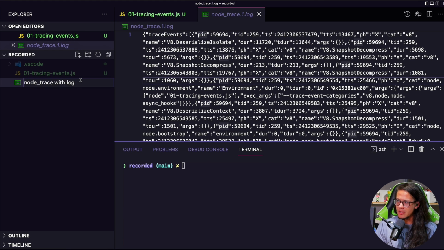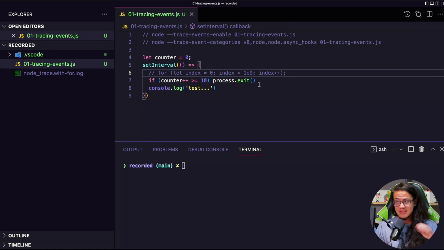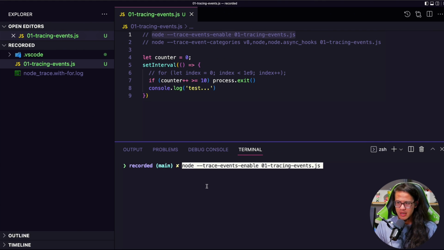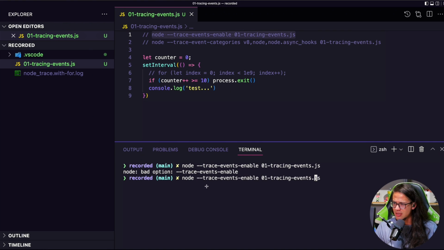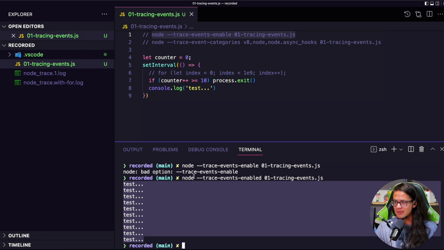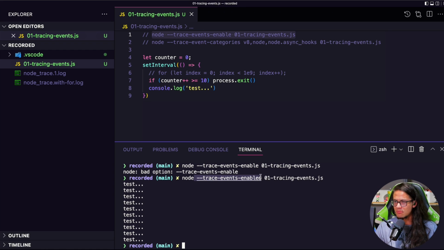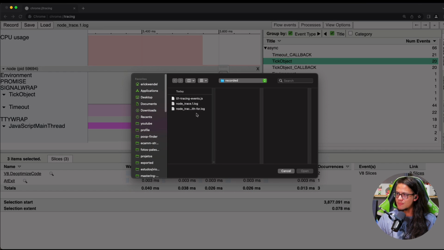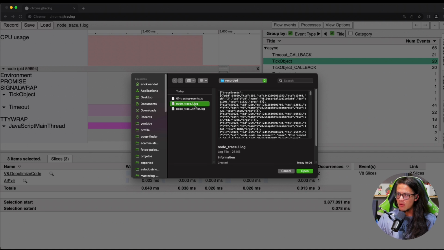But now I will actually comment it with for, because when we run this command again, we can see another log file and we can compare it. Now I'm gonna run the first one, which is gonna get something very similar. Trace events enabled, I think. Now it got so much faster, right? So I'll just copy here because I missed, no, it's just missing a D, right? Perfect. Let's go back to the Chrome browser and I'll grab the one,